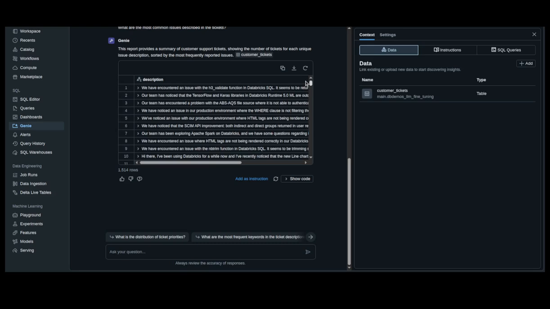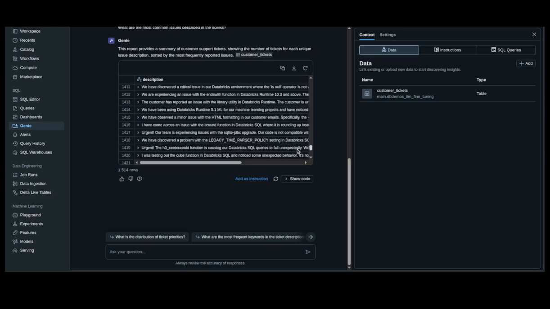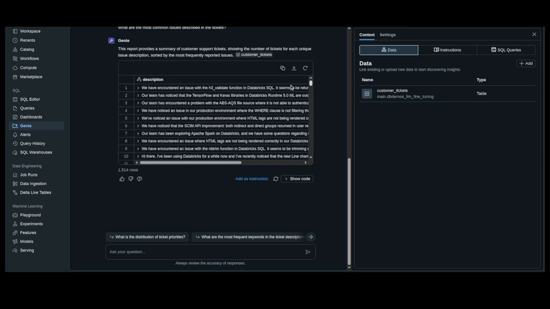So you can see it has a representation of the most common set of questions, and at the same time we can on the right side see what is the data set it has access to, from which it is discovering insights from,